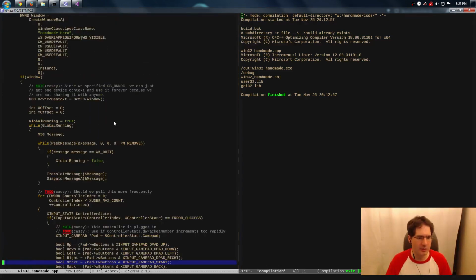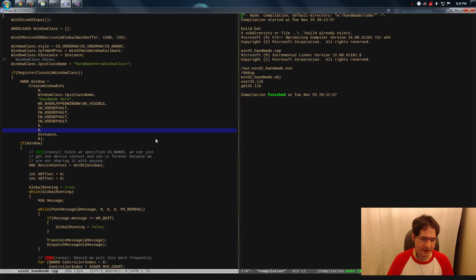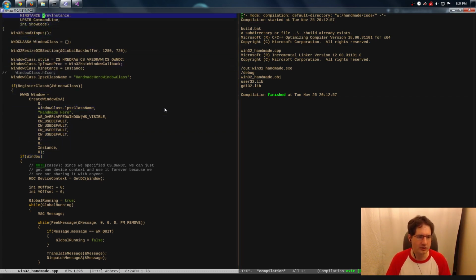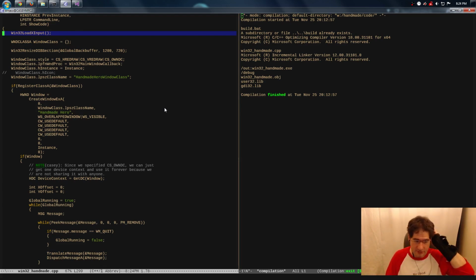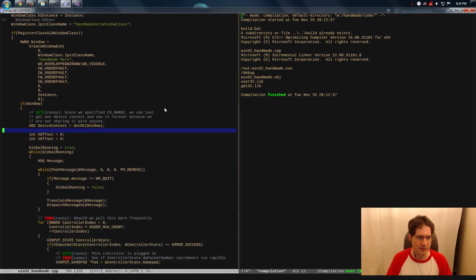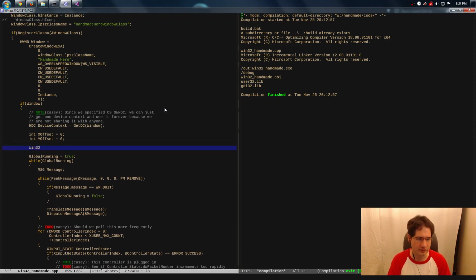So what we need to do here, if I remember correctly, and we'll have to look at the docs, is that you can't really get your DirectSound going until you have a window. So basically, we don't want to do it up here. We can load XInput at any time, so that was a good time to do that, but we can't actually do that with DirectSound. I think we want to do that a little later. So down in here, after we actually know that we do have a window and the window is open, then we're going to do a Win32